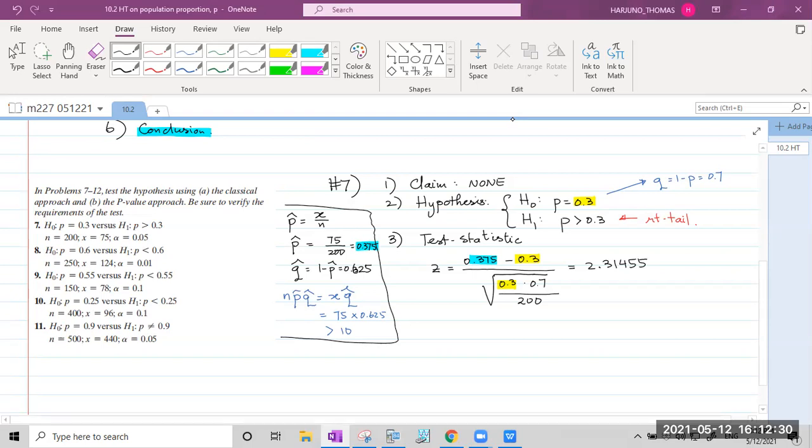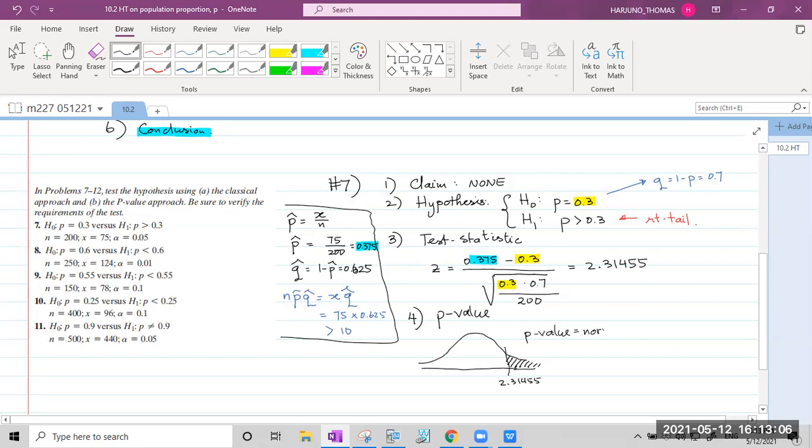Now then, step 4. Step 4, the p-value. What is the p-value? We look at the standard normal distribution. The test statistic is 2.31455. It's right tail, so I need to find the area here. The p-value will be